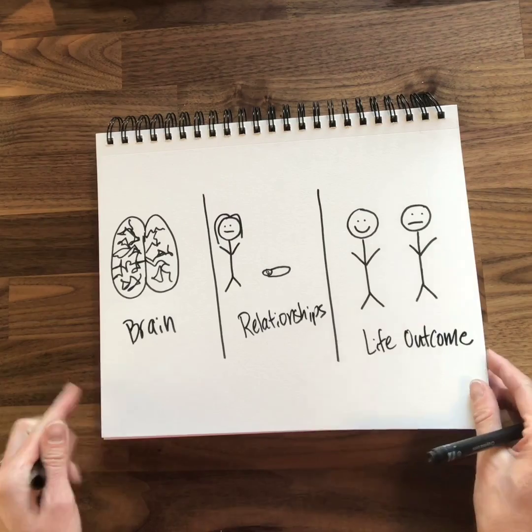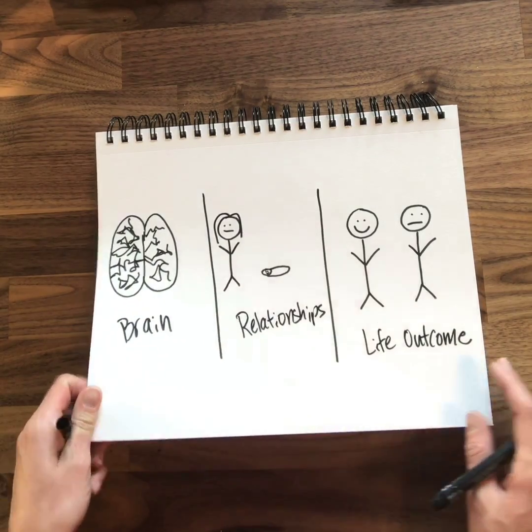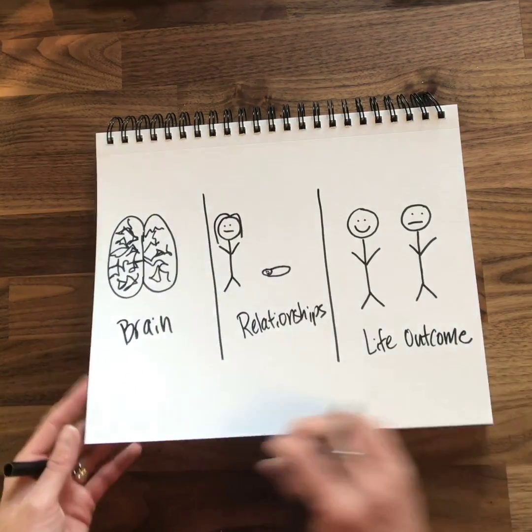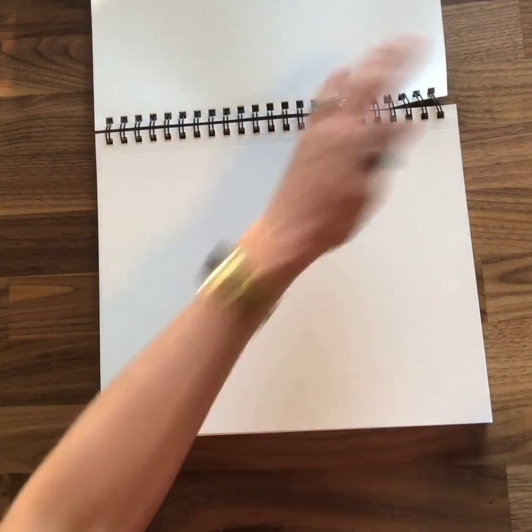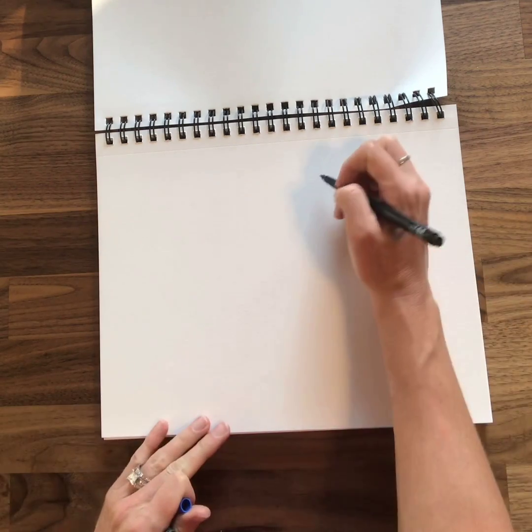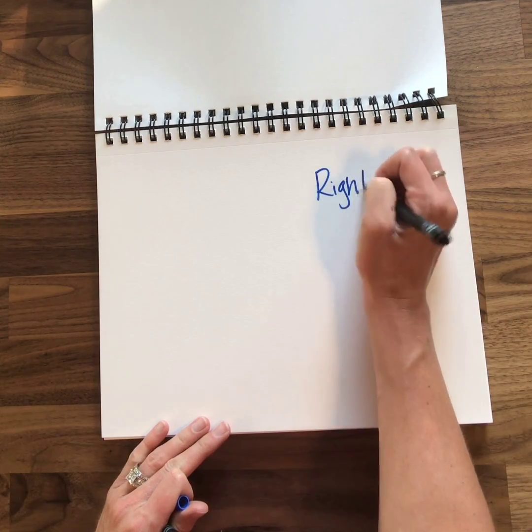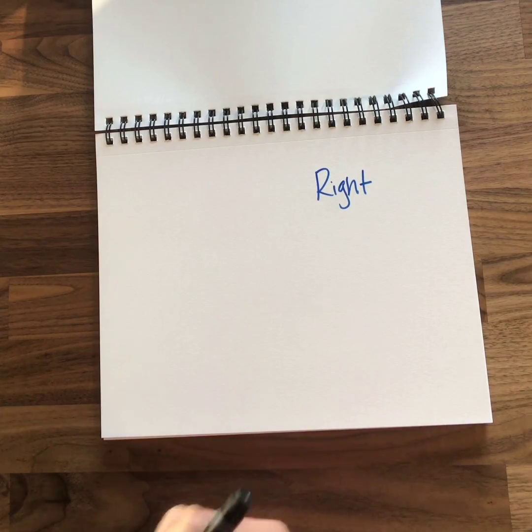Alrighty, so let's talk about some basics of the brain to begin with. And the reason why I think this is important is because oftentimes education leads to empowerment. So if we can be educated about something, we generally tend to feel a little bit more empowered in our ability to make changes in our life. So the first thing that we're going to talk about in the brain is the differences in the hemispheres. So many of you probably are aware that there is a difference in the left hemisphere and the right hemisphere. So the right hemisphere and the left hemisphere,